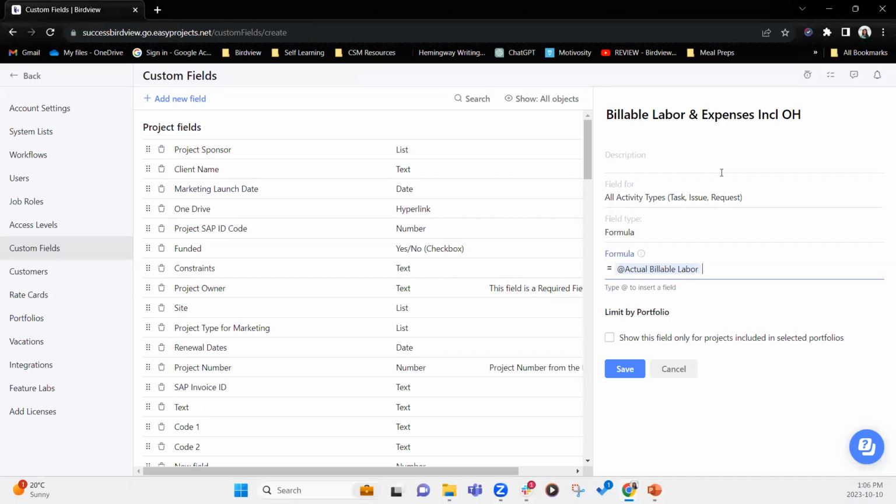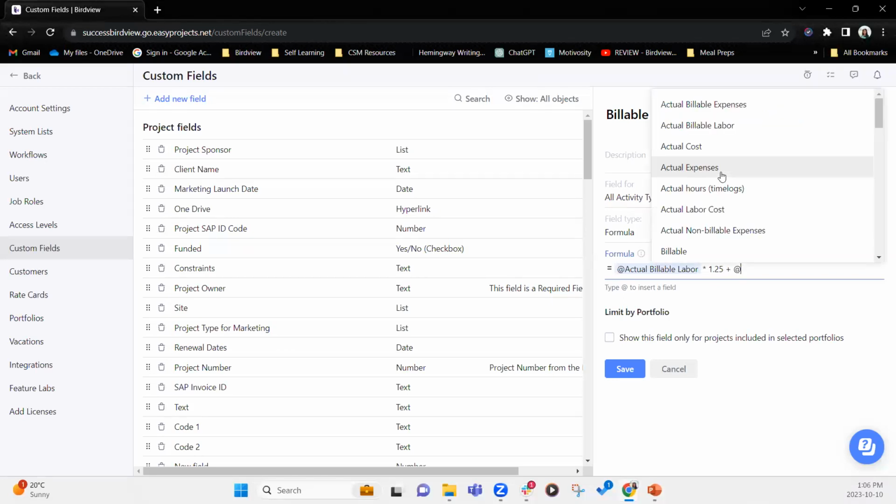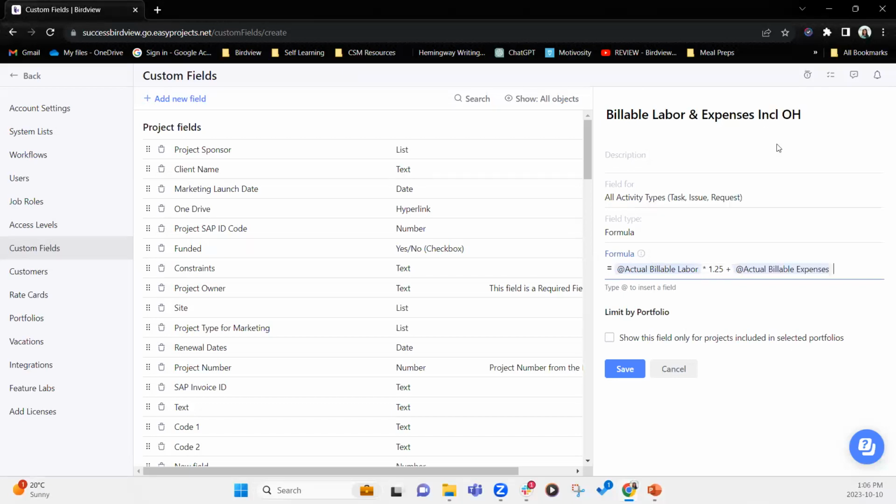And I'm going to say times 1.25, because what I want to do is add an overhead or variable expense to my actual billable labor. So I'm going to say actual billable labor times 1.25, and then I'm going to say plus expenses. In this case, I'm going to add the rate again, and I will say billable expenses, actual billable